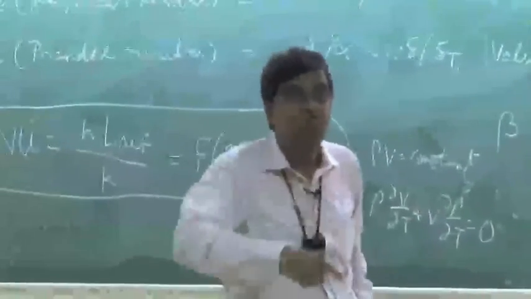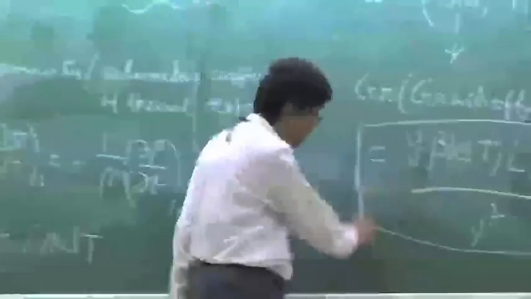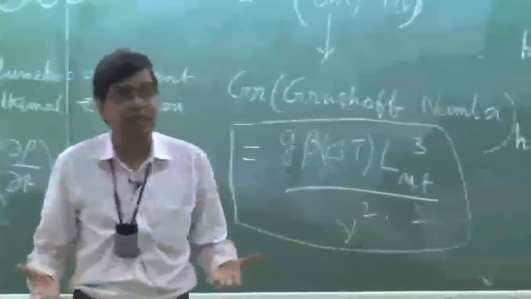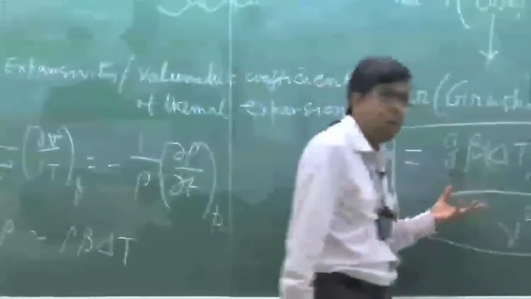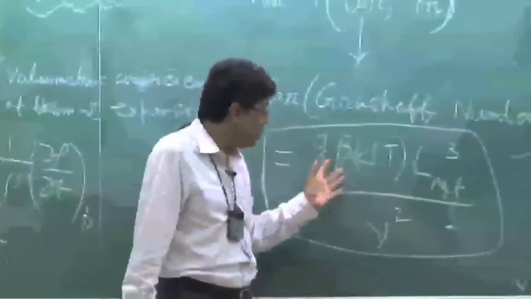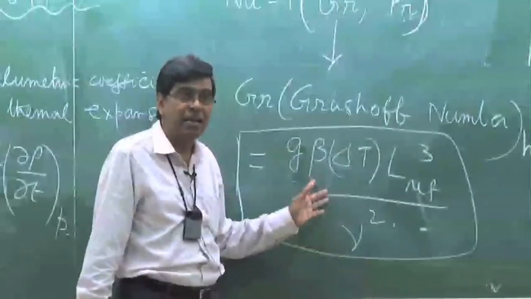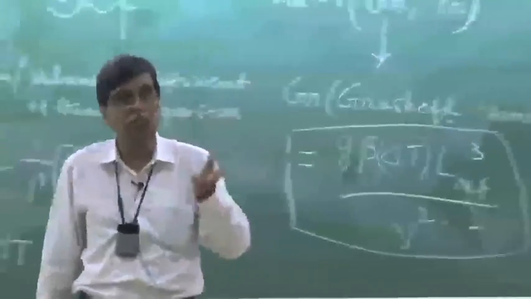More is the alpha, more is the thermal boundary layer. Similarly, this Grashof number, this is for your information today, this all will be done afterwards. This Grashof number physically signifies, is proportional to, not directly, the buoyancy force to viscous force. It is exactly not buoyancy force to viscous force, it is the buoyancy force into inertia force by viscous force